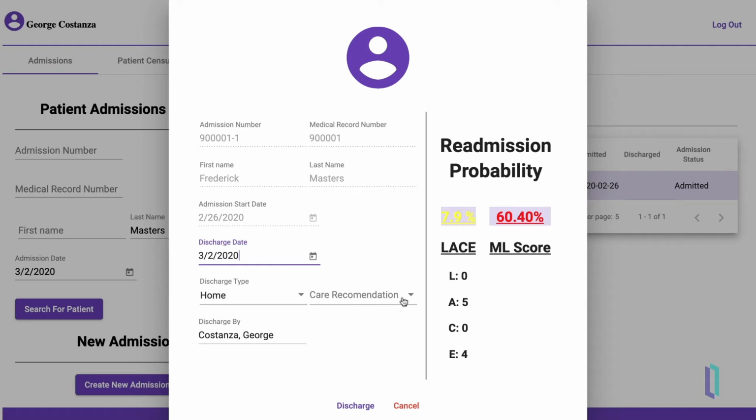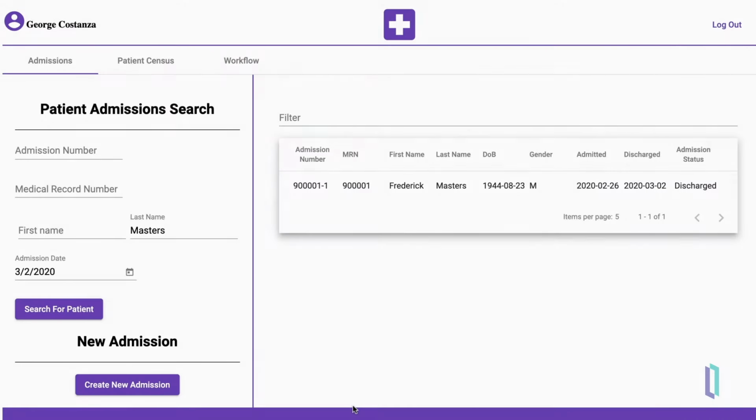Here, let's take a look at how the score might be impacted if we add a follow-up care recommendation upon discharge for Frederick to visit a nursing facility. As it shows here, the readmission risk drops significantly with the addition of a follow-up care recommendation. In this example, we will discharge Frederick with the recommendation to visit a nursing facility and see how this works